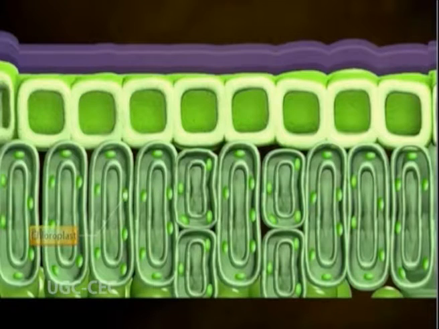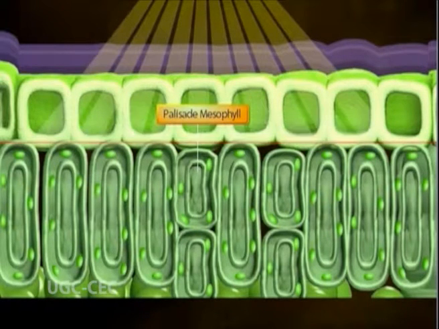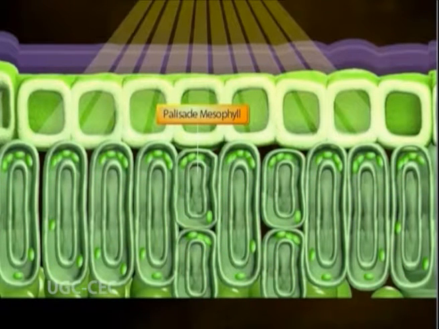Palisade tissue. Palus means stack. The palisade tissue is so called because the cells are arranged like a row of stacks. The cells are columnar, cylindrical, arranged with their long axis parallel to one another at right angles, just below the upper epidermis in dicot leaf. The palisade is a chlorophyllous tissue and the cells contain a large number of chloroplasts as compared to the spongy mesophyll. The chloroplasts assume various shapes and position in the palisade tissue in response to the direction and intensity of